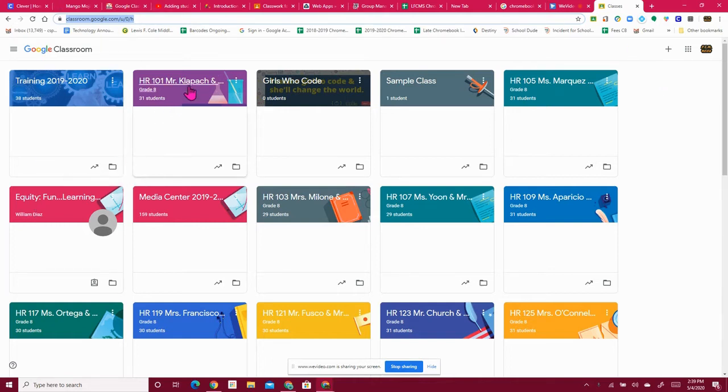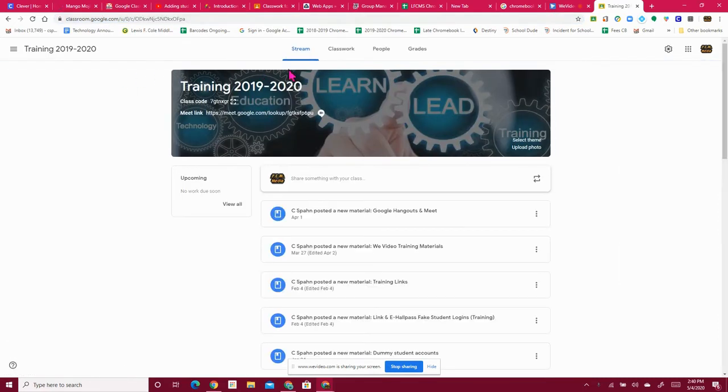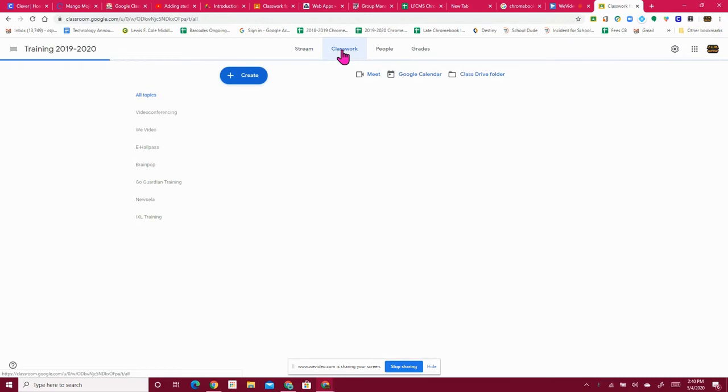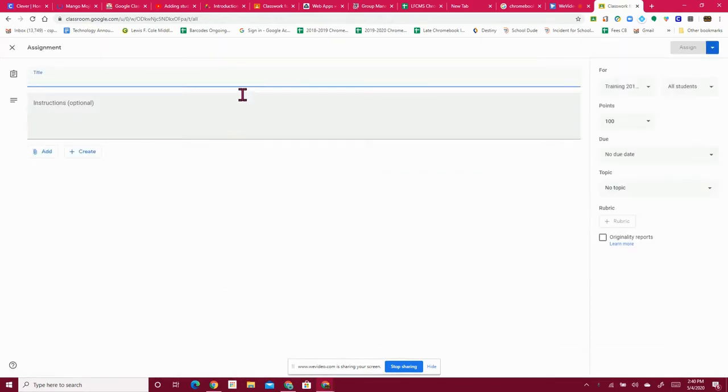So the first thing you want to do is go into your Google Classroom and click on the Classwork tab, and then right here where it says Create, come down and click on Assignment. It will bring up this little dialog here where you have to fill in. So put in the title of your assignment,